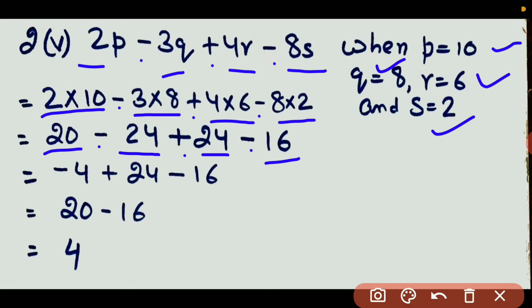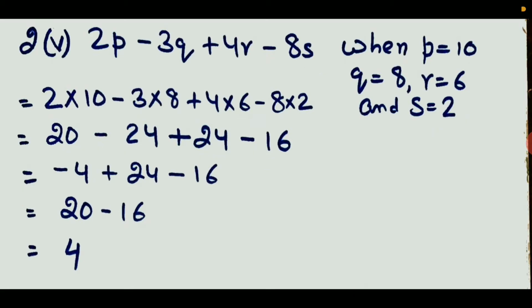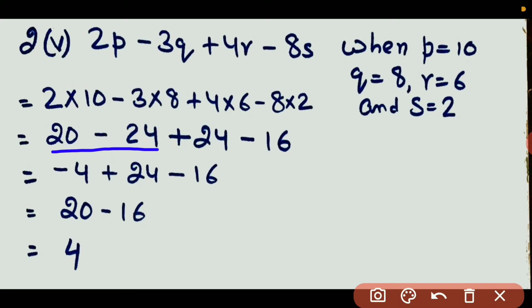Now solving the first one, that is 20 minus 24. We have done this in the chapter integers. Now 20 minus 24 shall give me minus 4, right? Because they have different signs, right? This has a plus sign. If there is no sign, there should be a plus sign. Now since they have different signs, we are supposed to do the subtraction. So 24 minus 20 shall give me 4. Now as 24 is bigger than 20, I have to use the sign of 24, which is minus. Hence our answer comes minus 4 till here.